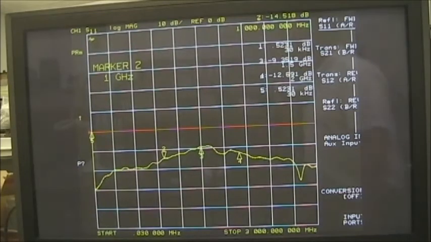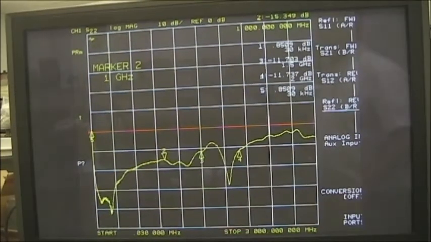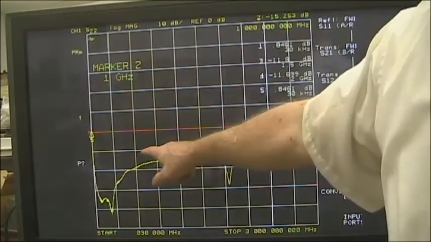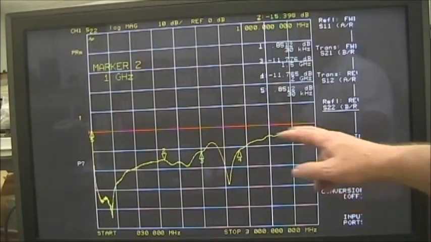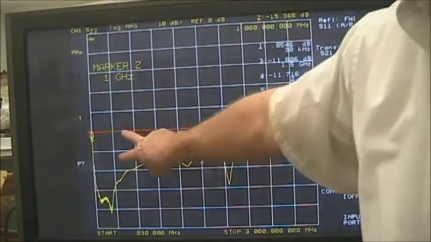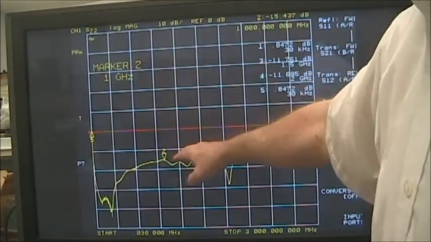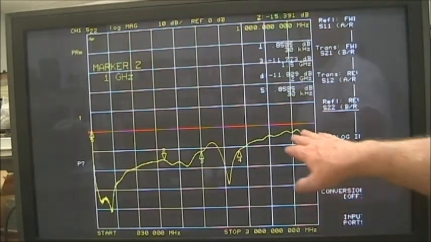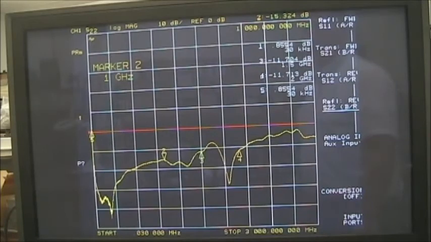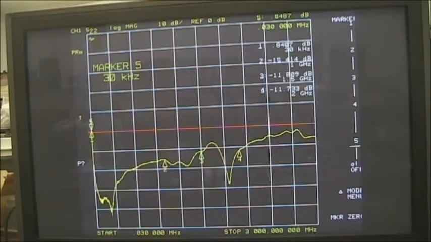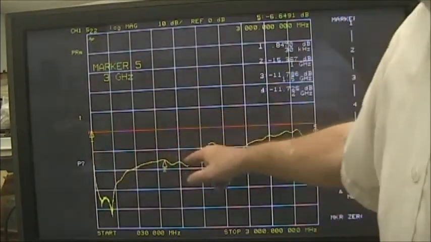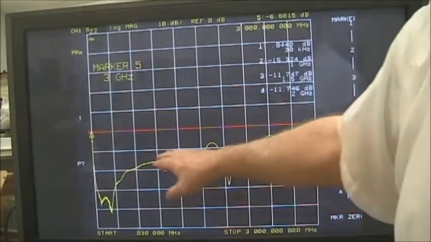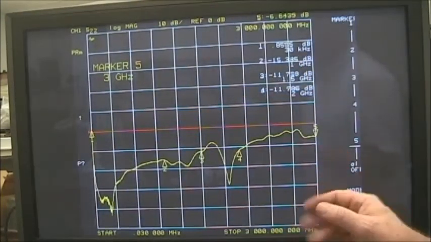Okay, now we're going to look at the output port. So now I've looked at the output port, and again, somewhat similar to the input port. The return loss is on the order of 10 dB in the amplifier region. It gets less than 10 dB above 2 gigahertz or so. So that's not unusual, you can see that happen at higher frequencies. But at the location where it's designed for 1 gigahertz, it's pretty good return loss. Okay, now we want to look at